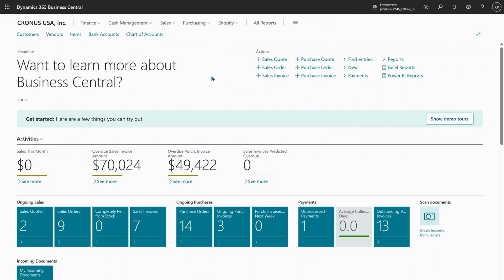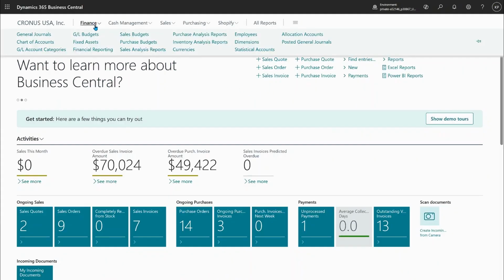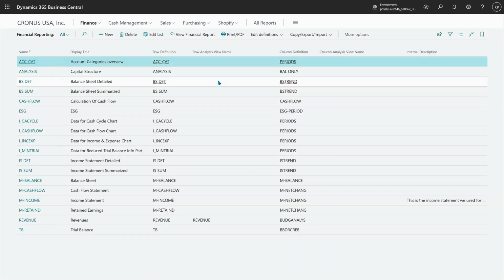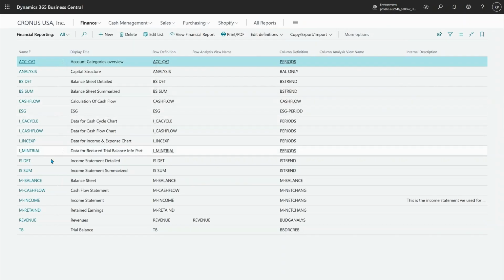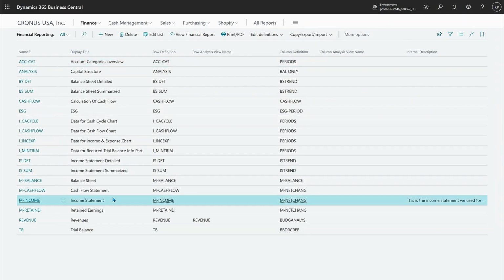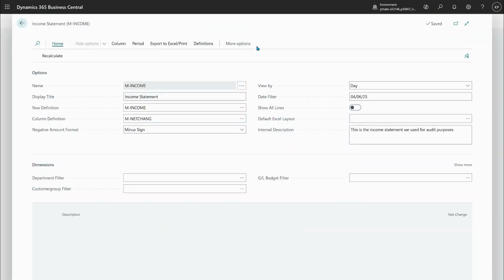We get to financial reporting from many places. I'll choose financial reporting from the Role Center. And you notice already here that the report definition has this internal description. And we changed the display title to be display title, the caption, and not description, because this is really the title of the report. So let's dive into the income statement and edit report definition here and see what new